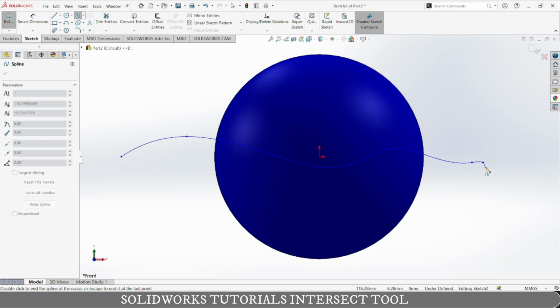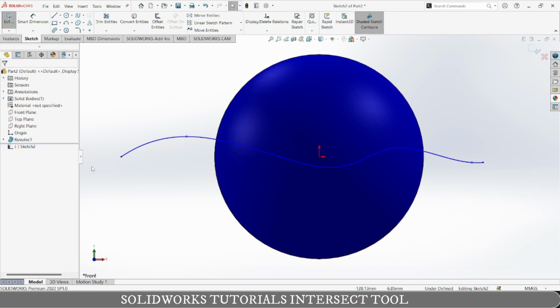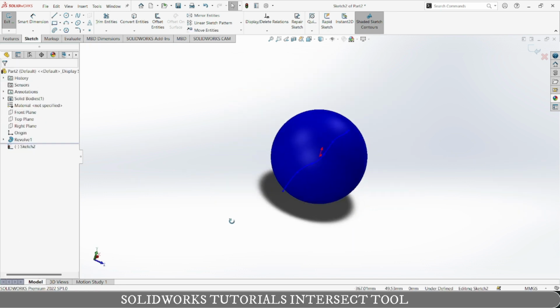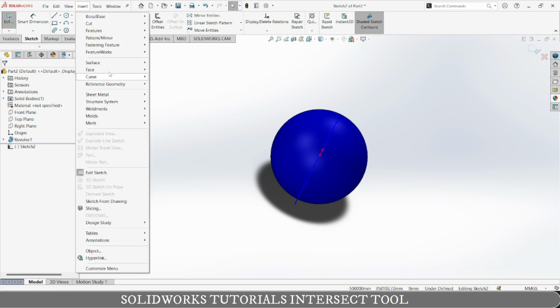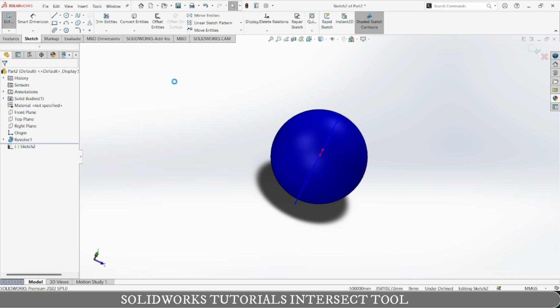Like this. Okay, so this is my spline. Now go to insert and surface tools, surface extrude,